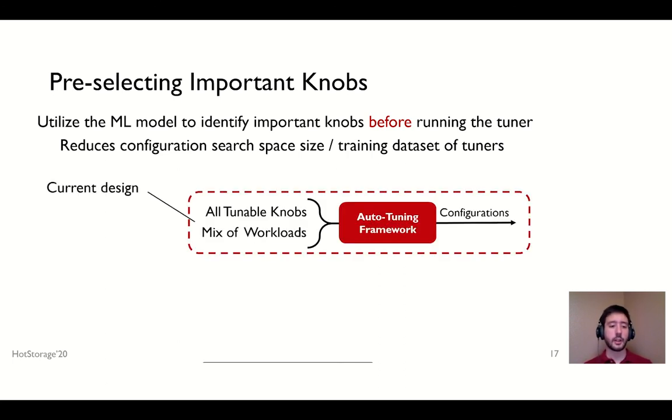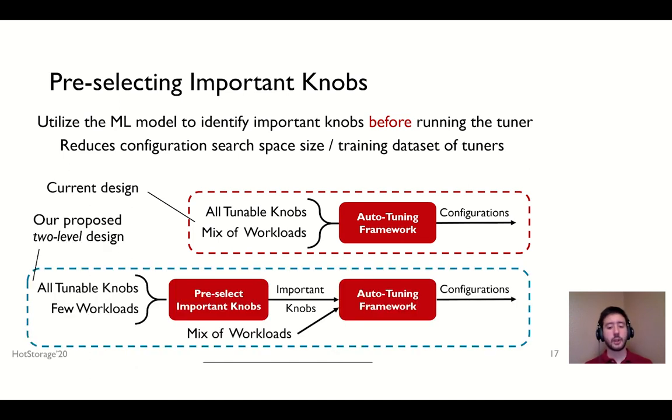So recall that the current design looks like this. The auto tuner will basically consider all tunable knobs, but our proposed two-level design is this, where we also add a step before running the tuner that identifies these important knobs,